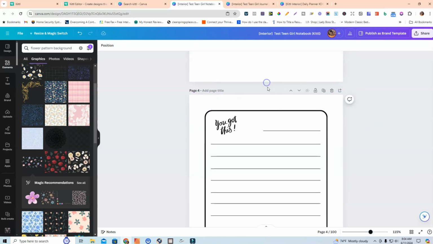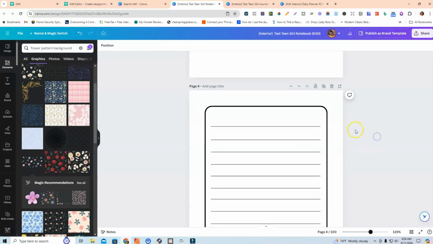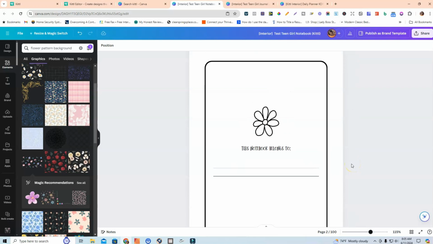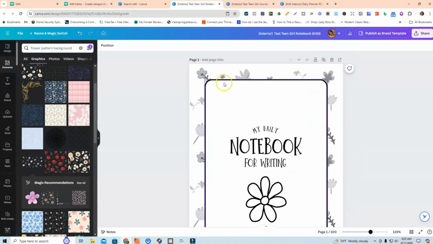So I'm going to go ahead and remove this, and then I'm going to remove this. And then I'm going to extend this out since this is a notebook, right? To make this look more like a notebook that they can write in. And then what I'm going to do is